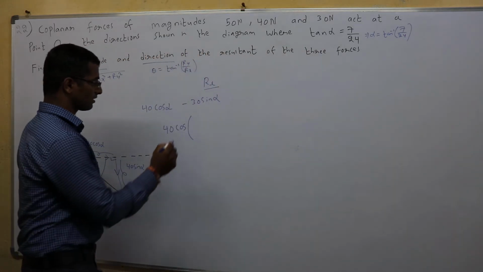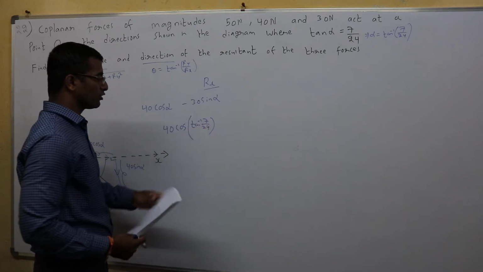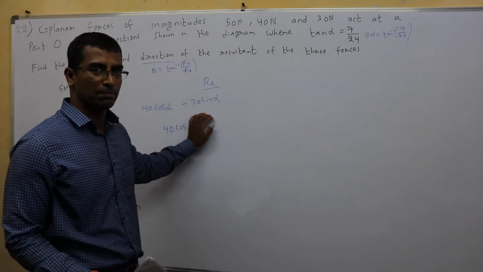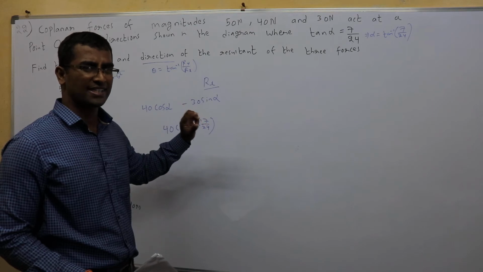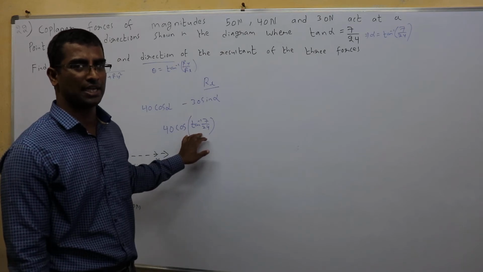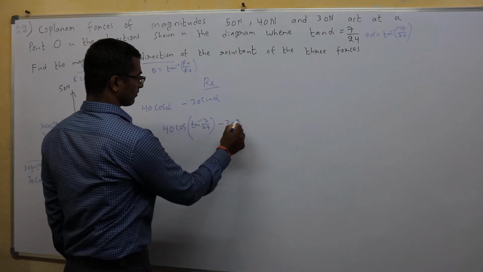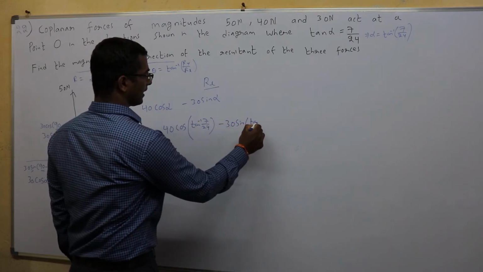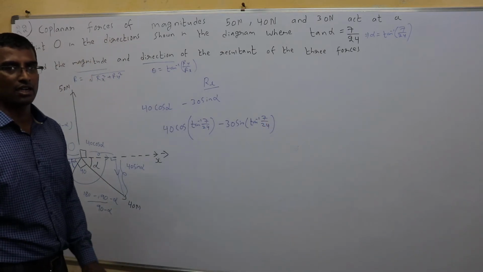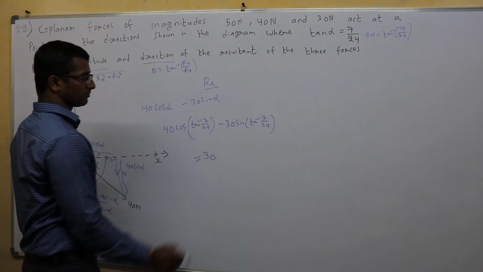Place it in the calculator. You should put this tan inverse 7 by 24 only. In place of this, if you put any number, that degree is not exact, so you cannot put the rounded number here. So it should be tan inverse 7 by 24 only. Now over here also, 30 sin, in place of alpha tan inverse 7 by 24. Place it in the calculator now. You get Rx to be 30.